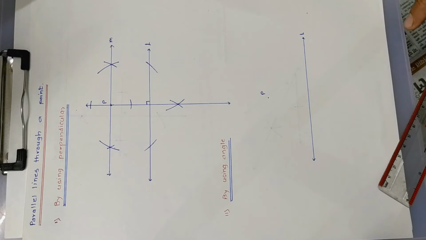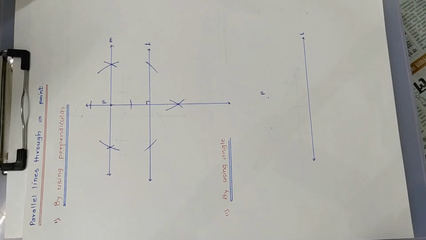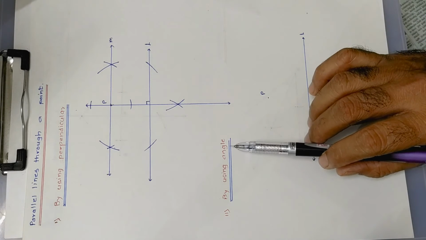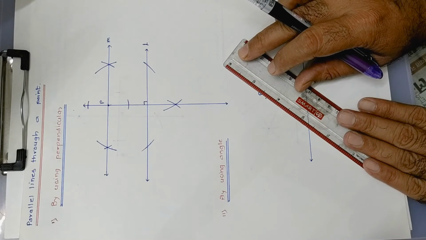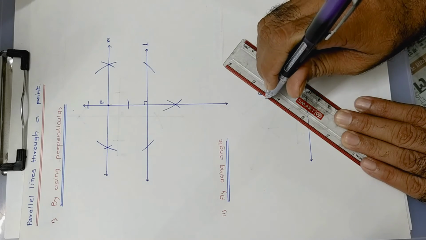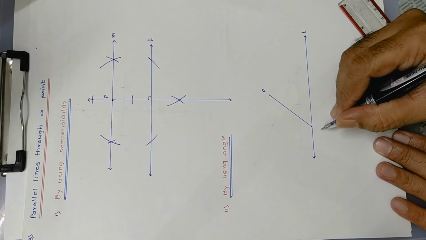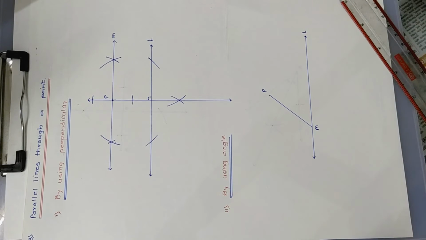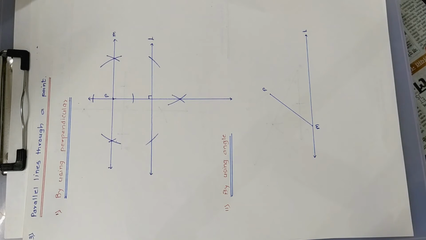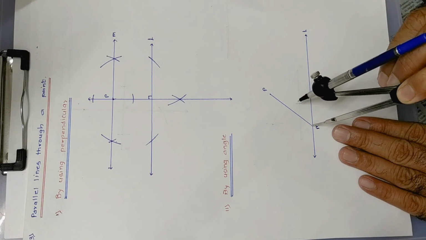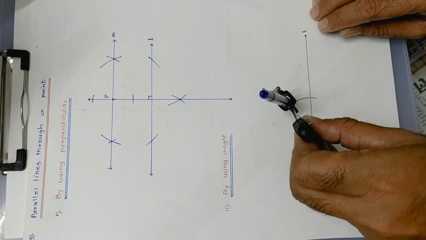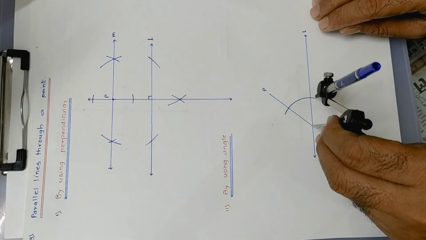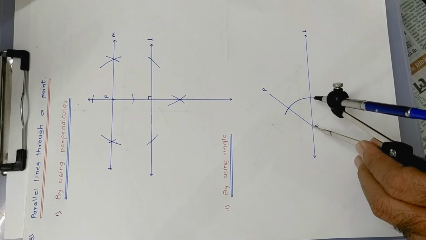But how to draw it? For that purpose, we are not going to draw any perpendicular over here, we are using the angle method. How? Now draw any angle from P to the line here. Join this one here as, say suppose, PM. Now you are going to use your compass. Put your compass on M like this, draw the full arc like this, which will intersect PM as well as line L. Can you see here, full arc.